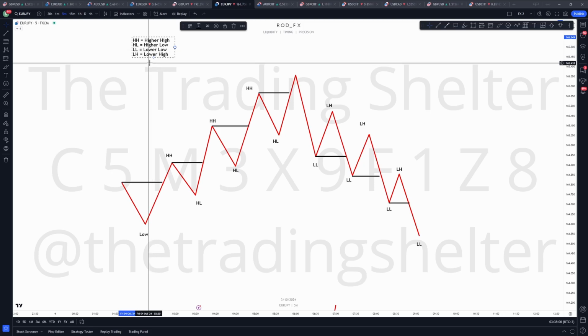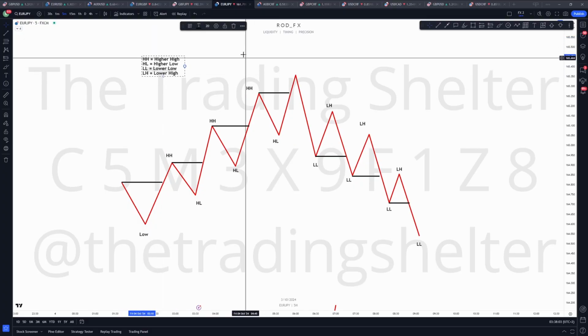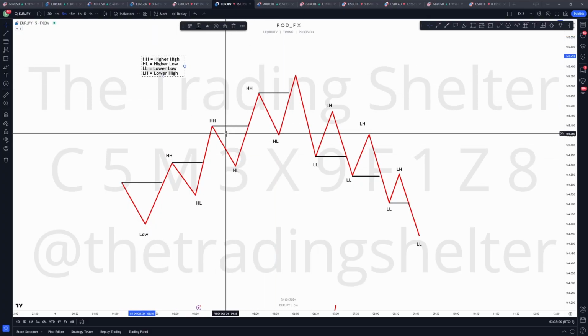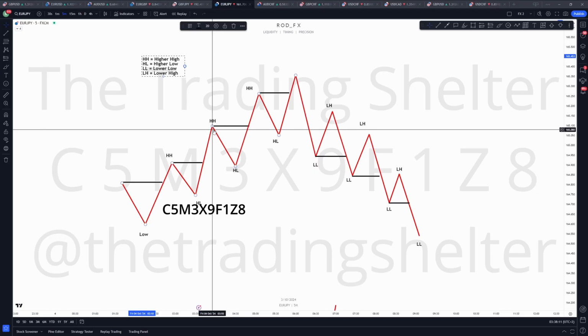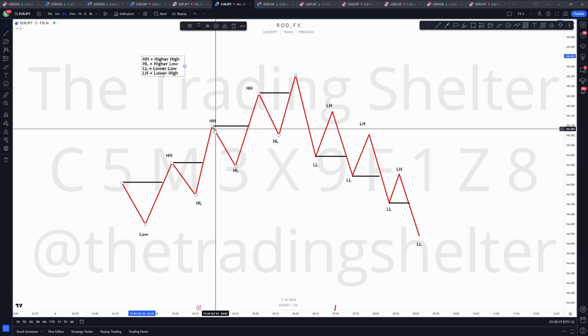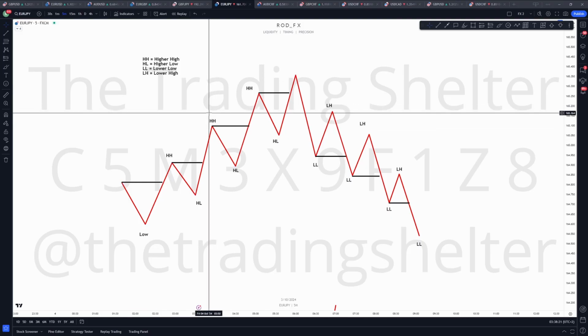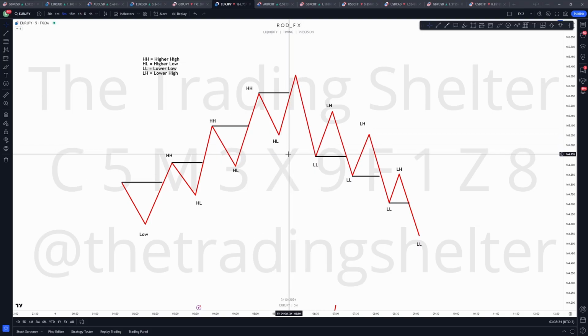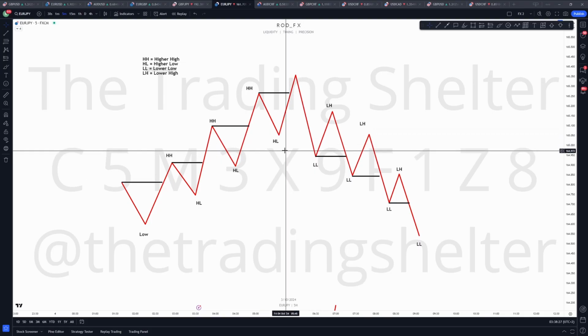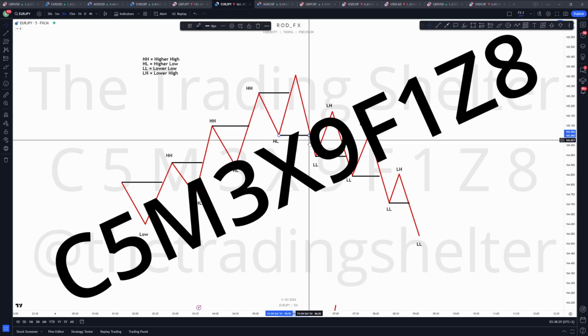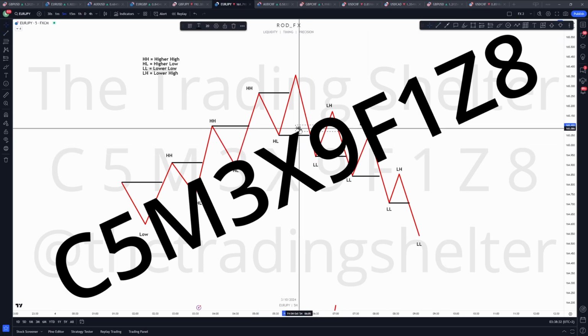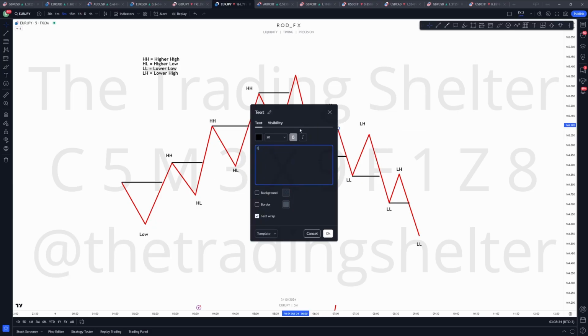And I'll show you a graph that actually shows you something similar. And you'll actually notice the little similarities that we had this week. Some members were confused, and I think it's very important that we talk about it. So at this point, this is what we call a change of character.